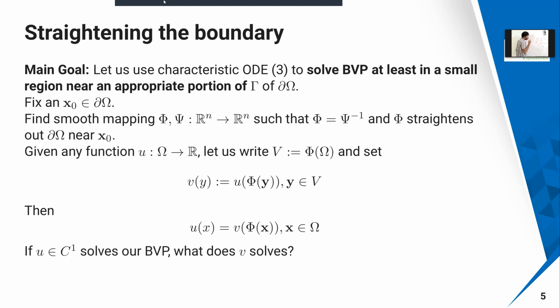Okay, because if you zoom in a lot, the curve is going to look like a small straight line, at very large magnification. So how do we solve it in that region? That is what we call straightening the boundary. That is the method of straightening the boundary that we are going to use.